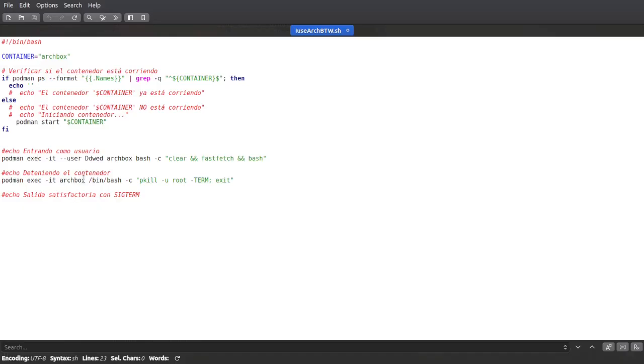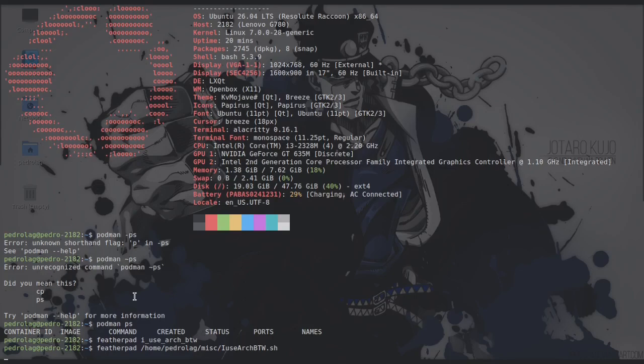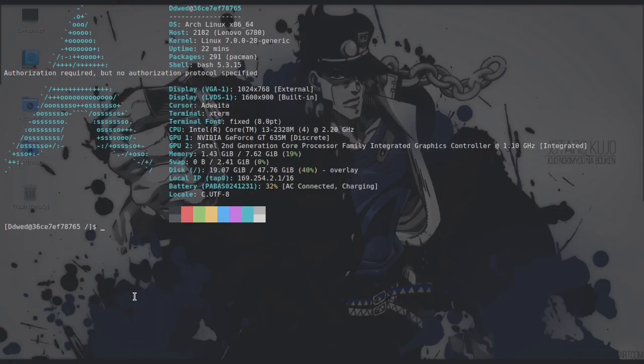Well, guys, the thing is, podman isn't designed to be used like this. I mean, I can even run graphical things with this. I set up the X11 server to do it, but it wasn't made for this. If you want to make something similar, I recommend DistroBox, but I don't use DistroBox myself because it told me something like